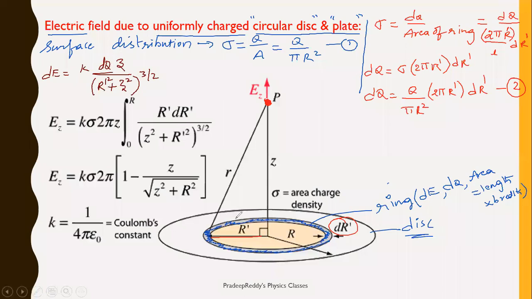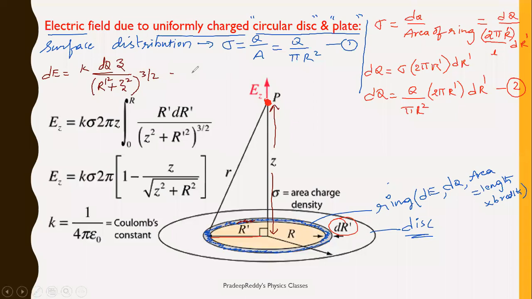The same concept we are applying for this particular very small ring, which is at a distance Z. You are finding the field from the center of this ring element. So simply you will write K, the charge of the ring, dQ, and from the center, what is the separation of this point? Z divided by the radius of this ring, r dash, plus the separation, (r dash square plus z square) whole power 3 by 2. And dq is already derived in equation 2. You can substitute that over here.